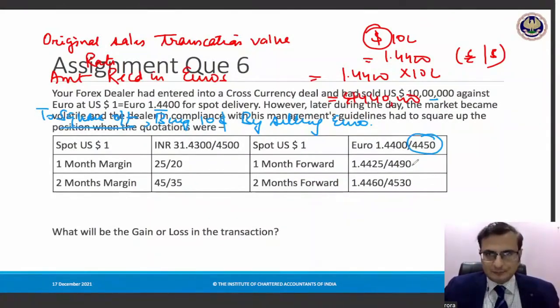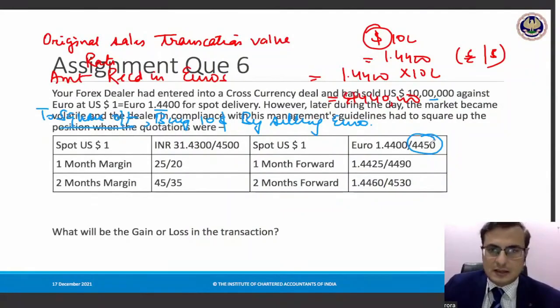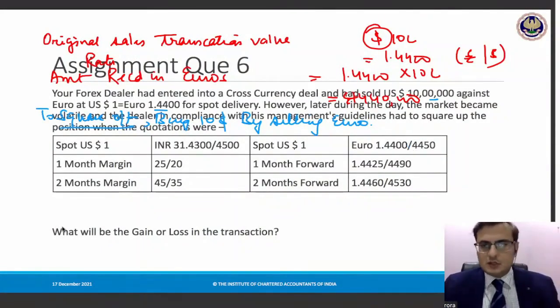Getting my point? You had originally done the sales. Now to square off, you will have to buy. And what rate are you buying? Very simple concept. You sold it first, the rate is given. Now you have to square off the transaction by buying. When you are buying, the bank is selling, and the bank is selling at which rate? The ask rate. Clear? Per USD. This is clear? So 1.44